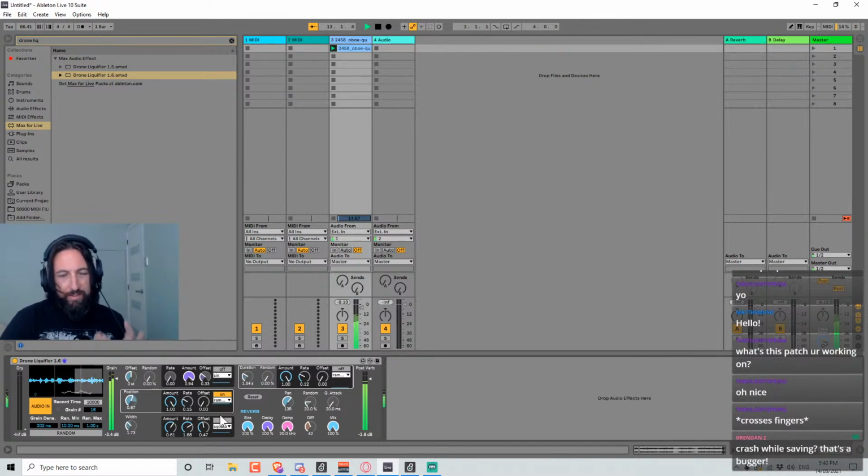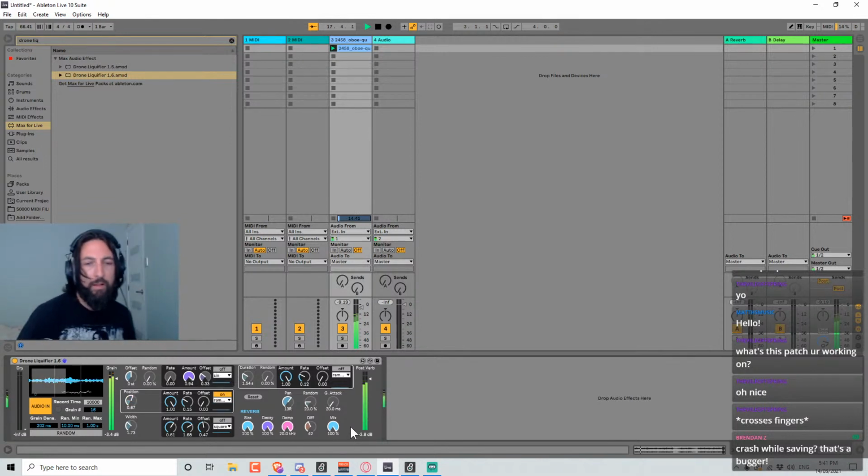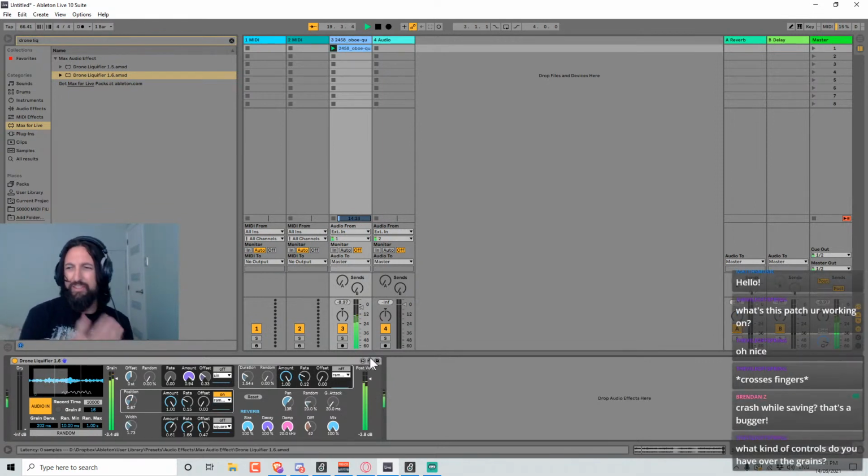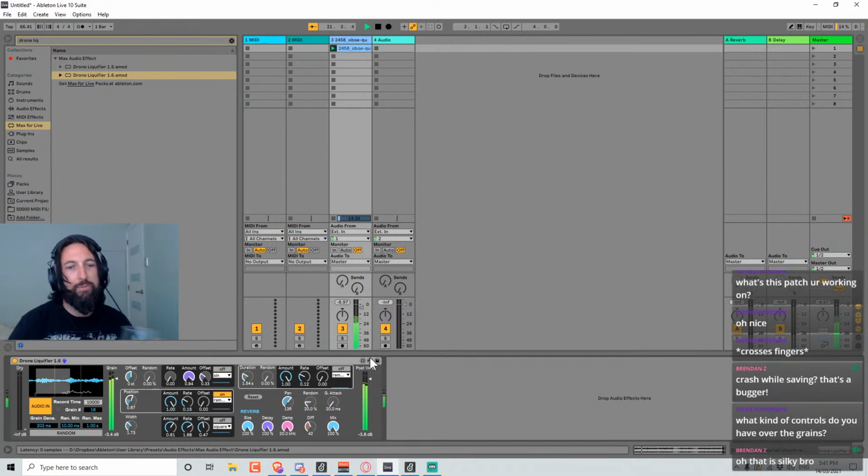Well, it manages to save the project and then it crashes. So it seems to be when it's kind of transferring back to an Ableton Live device. But I admit I get that quite often with patches that I'm working on, especially when they're very unfinished. And there's a lot of errors that are popping up in the Max window that, you know, I haven't really paid any attention to yet. I'm not really at that stage. I'm still at the just get everything kind of working stage, and unless it's crashing constantly all the time, then I'll just kind of wait until the end.